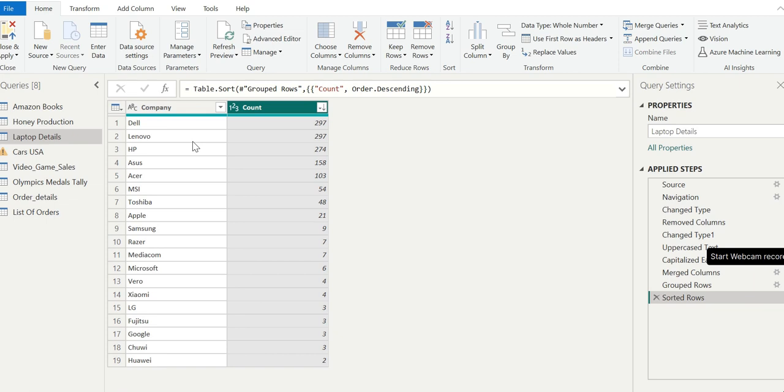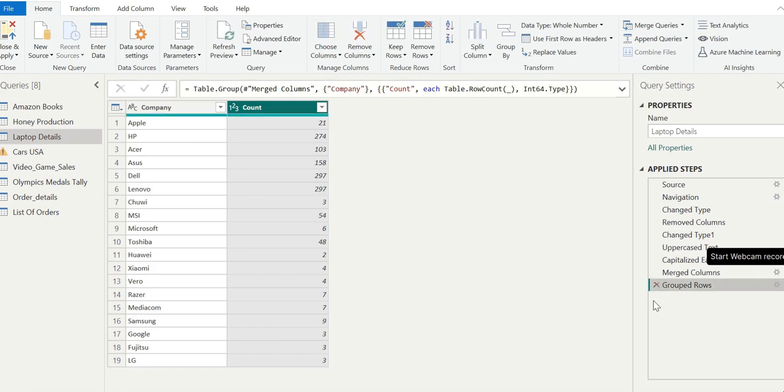So let's move from single aggregation to multiple aggregation, and let's delete the latest transformation. After deleting it, we will be back to the original laptop details.